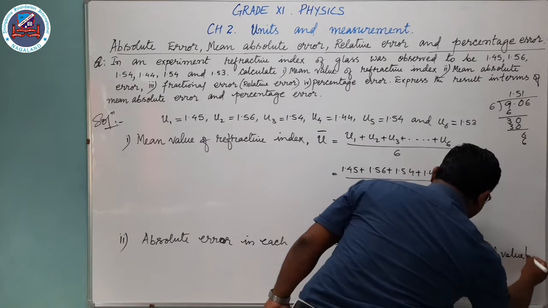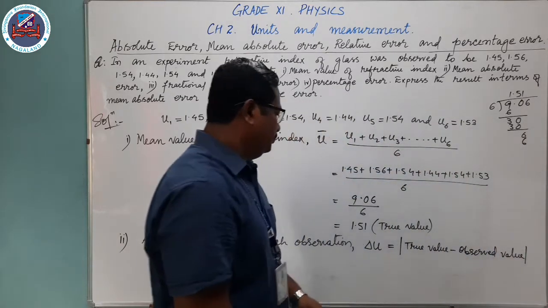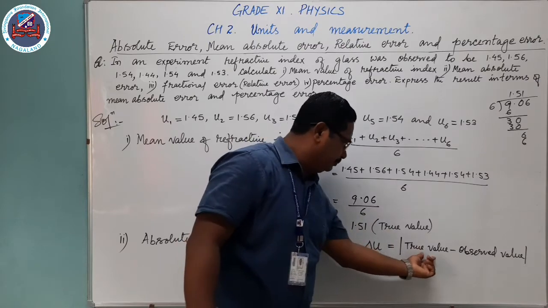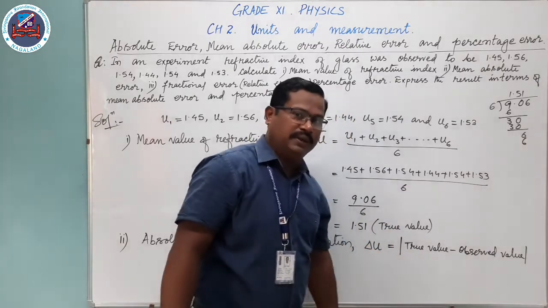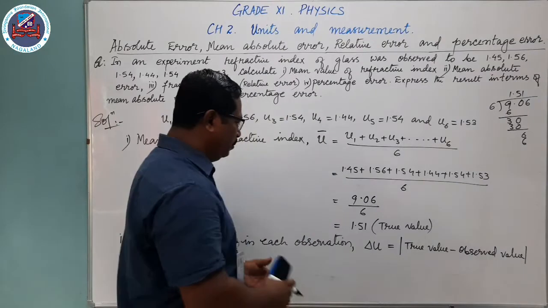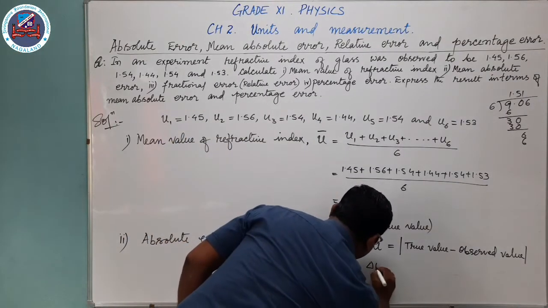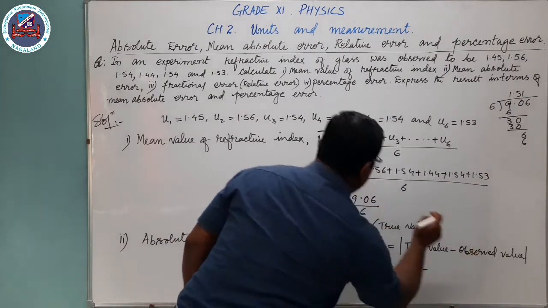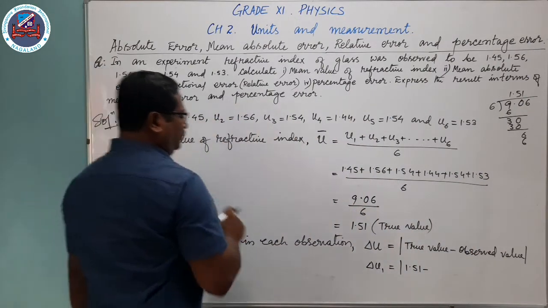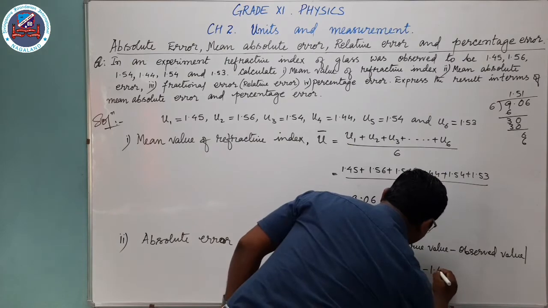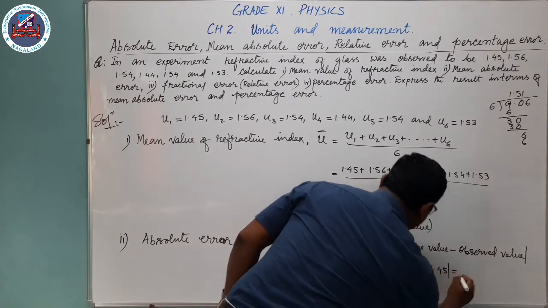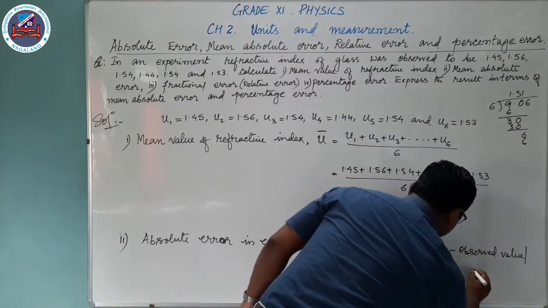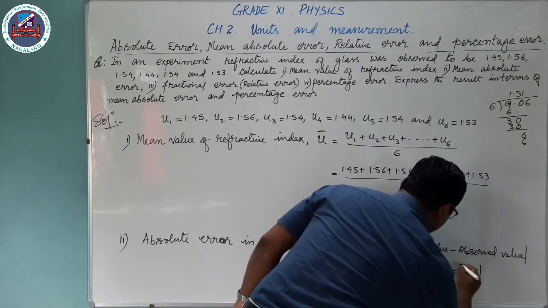The purpose of taking the absolute value is that whether you get negative or positive in the term, you have to take only the positive value. So let us see one by one. Delta U1, to find out: true value is 1.51 minus observed value for U1, 1.45. So it will give you 11 minus 5 is 6, so it will become